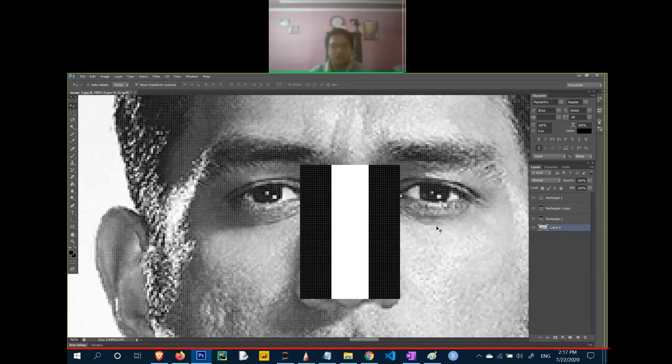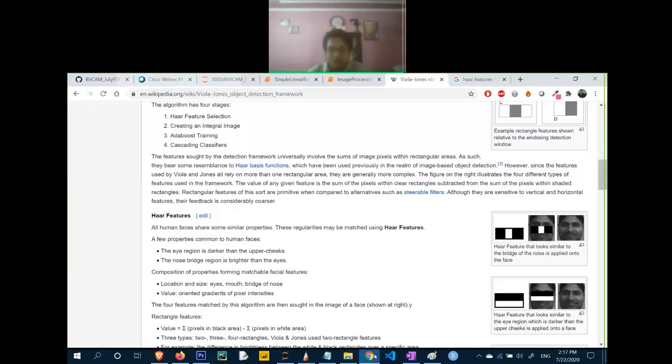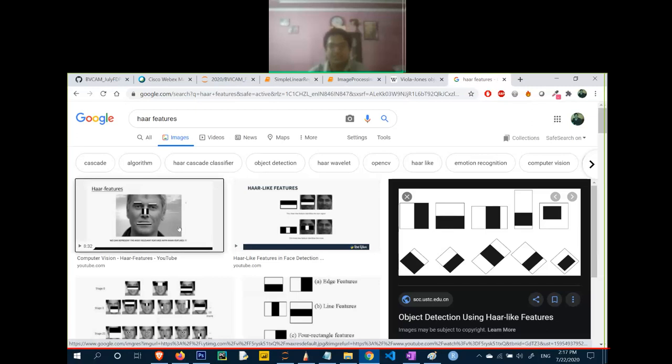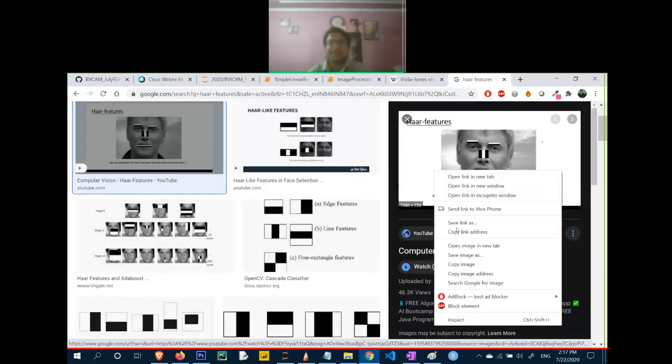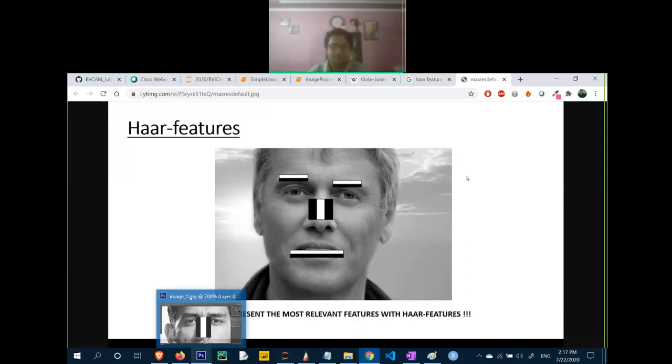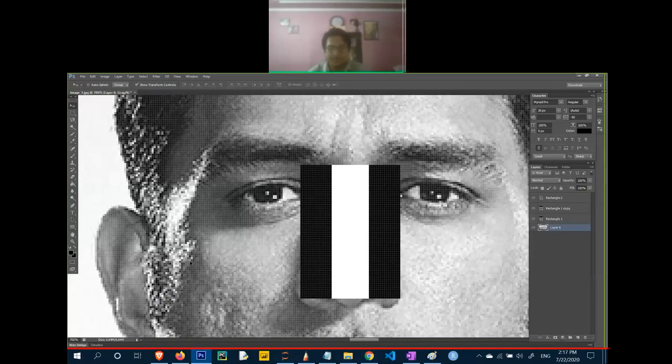So Viola-Jones made this concept understood by these features. They say to put these features on the face of a human, or on any image, just like this. Put these features on any image and look at it with a sliding window. What is a sliding window? Let me show you.